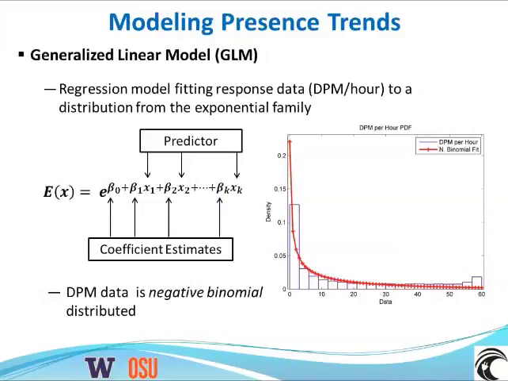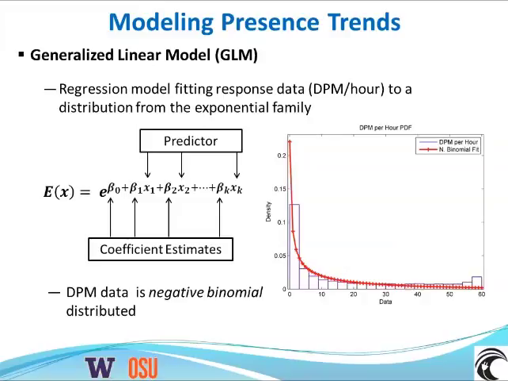And the approach we took to looking at this is something called a generalized linear model. I won't spend too much time on the details of this here, but the general idea is that you're using a regression to fit a number of predictors, you're using a number of predictors to try to estimate some observed value. In this case, you're trying to fit detection positive minutes per hour to a distribution of predictors that are described by some